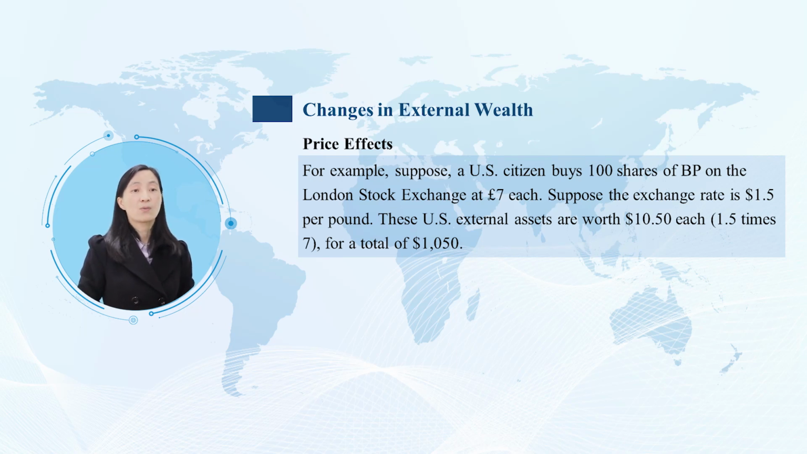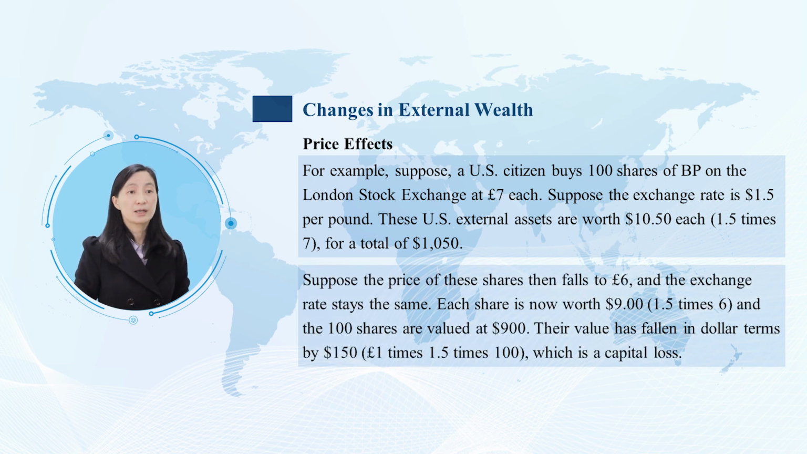citizen buys 100 shares of BP on the London Stock Exchange at 7 pounds each. Suppose the exchange rate is $1.5 per pound. These US external assets are worth 10.5 dollars each, 1.5 times 7, for a total of